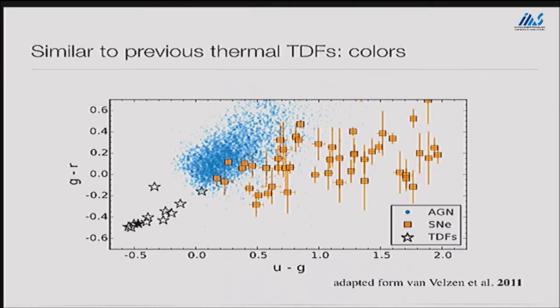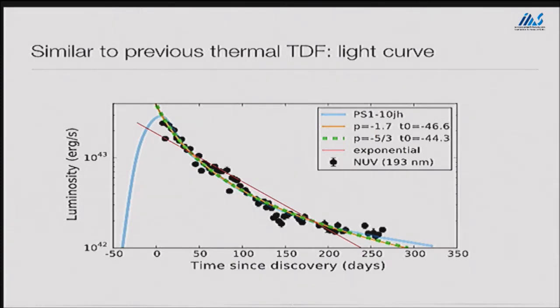Also, of course, the X-ray temperature that we observe is similar to previous X-ray selected events. And I think also the light curve of this event is very similar to what has been seen before. Here is the near UV light curve, luminosity now, ergs per second, and time since discovery is what I'm plotting. This is the famous PS1-10jh, which is really the best sampled tidal disruption in the optical. And you can just move this light curve up and down and left and right, and you can get a good agreement. So you can get a really good agreement between PS1-10jh and 14li, except that this